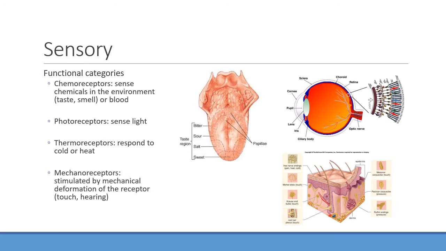We're going to have photoreceptors that are good for light, right? Perfect. Thermoreceptors, obviously cold and heat, and then some mechanoreceptors as well. Going to be good for like touching. Even hearing is going to be involved with this. We'll see how that works later on, like in the cochlea. But that is actually considered to be a mechanoreceptor, and we'll talk about, trying to think of the word, completely lost. I'll think of it later, but basically it goes along with the cochlea. It is our sense of equilibrium.